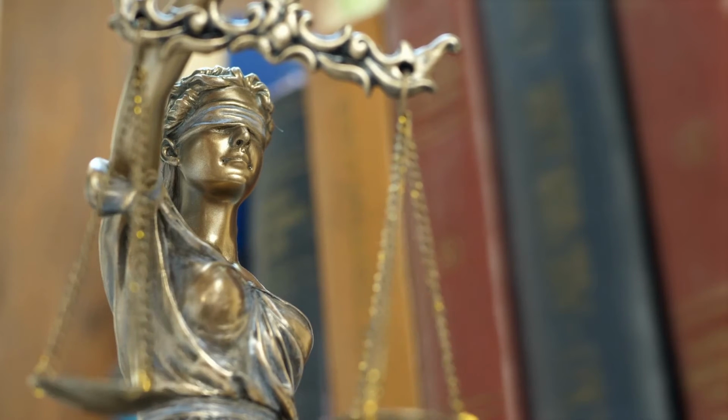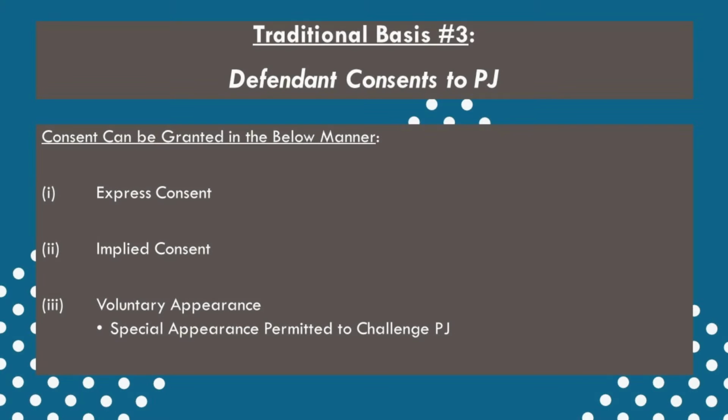Okay, let's take a look at the third traditional basis for personal jurisdiction. The third and last of the traditional bases that can be exercised to support PJ is when the defendant consents to the court's doing so. The defendant's consent can be shown in several ways. One way this can be done is expressly, such as when a person agrees to a forum selection clause in